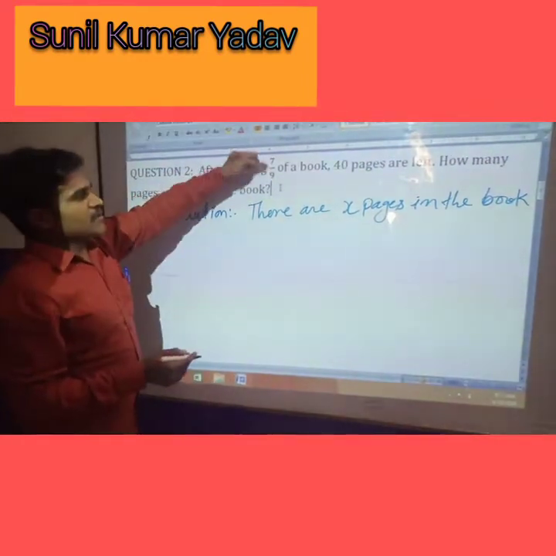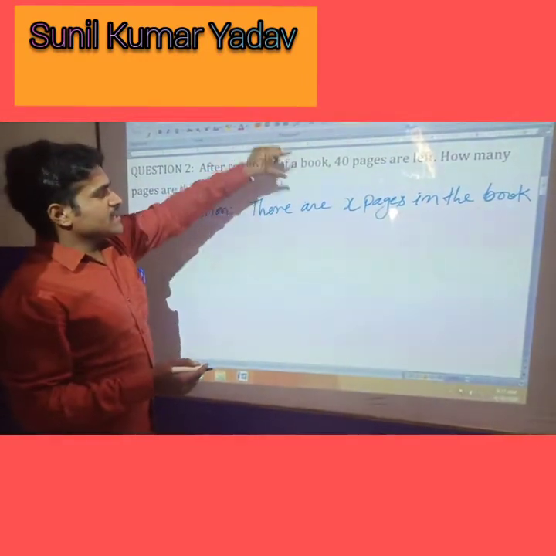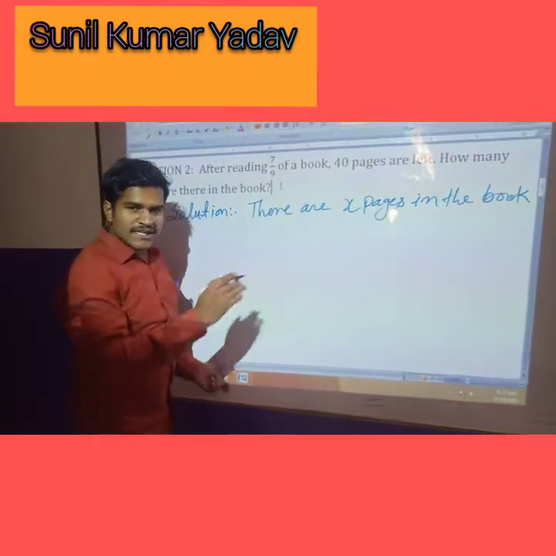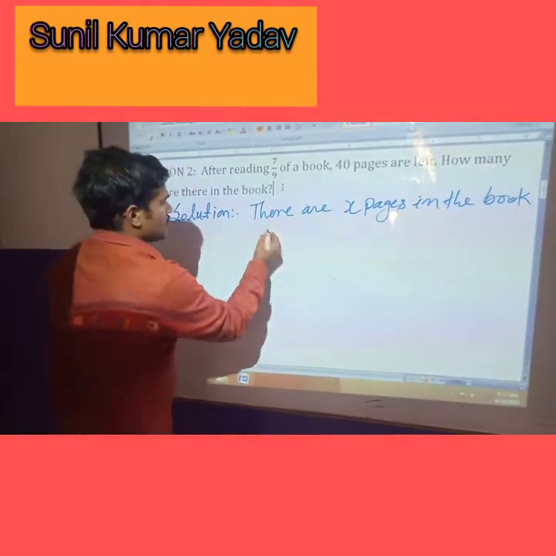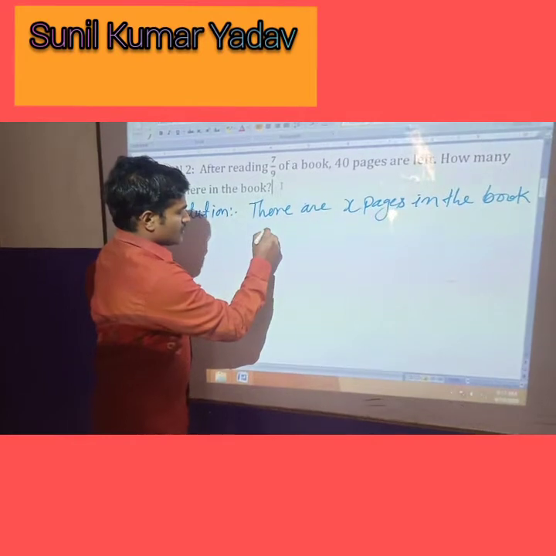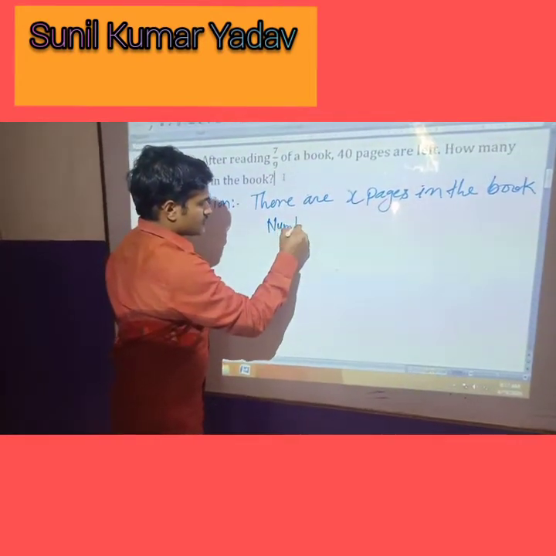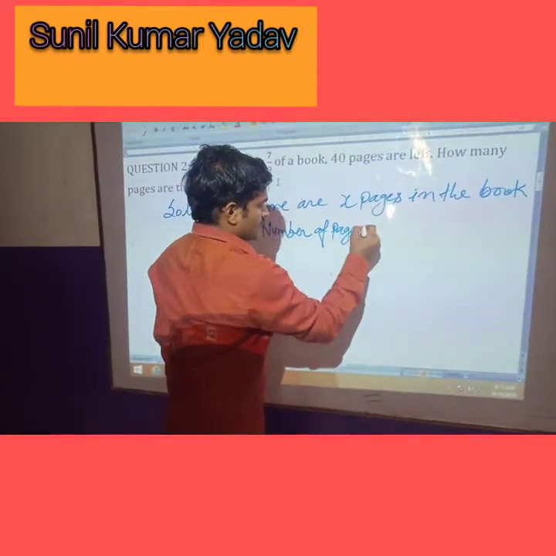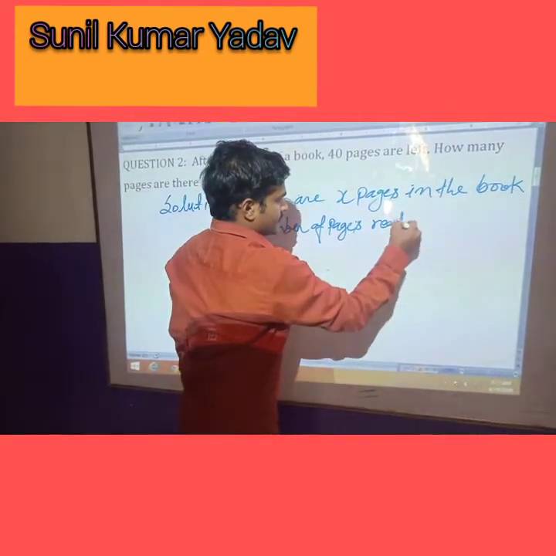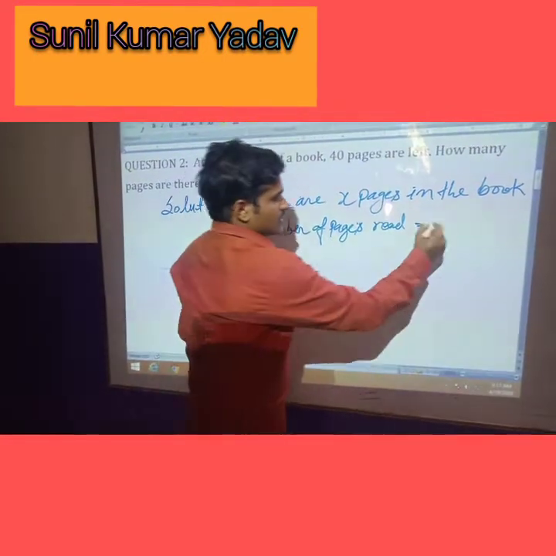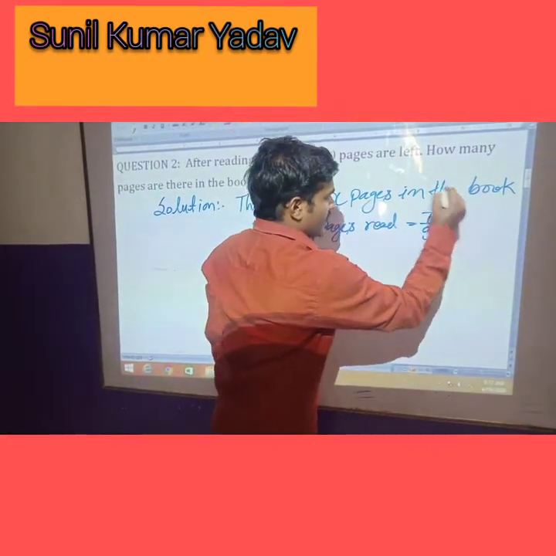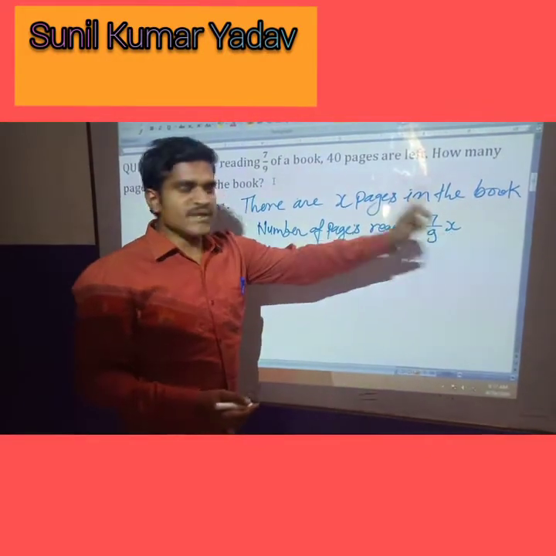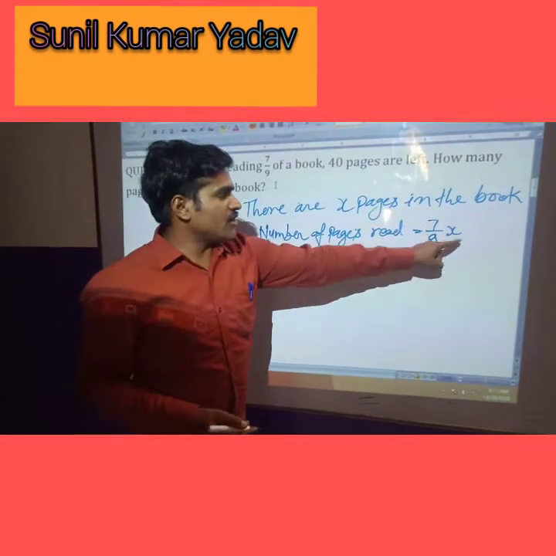And after reading 7/9, how many pages are read by the student? The number of pages read is equal to 7/9 of x, because there are x pages, that is why 7/9 of x is